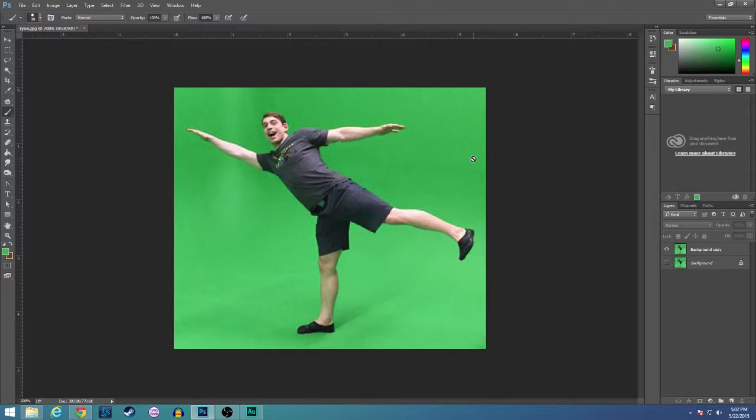Hi there. Today I'm going to show you how to cut the background out of a photo using a layer mask in Photoshop. I've got an image here of Ryan Day from Geek and Sundry, and we need to cut this background out. First thing I did was I went ahead and copied my background layer and hid the original